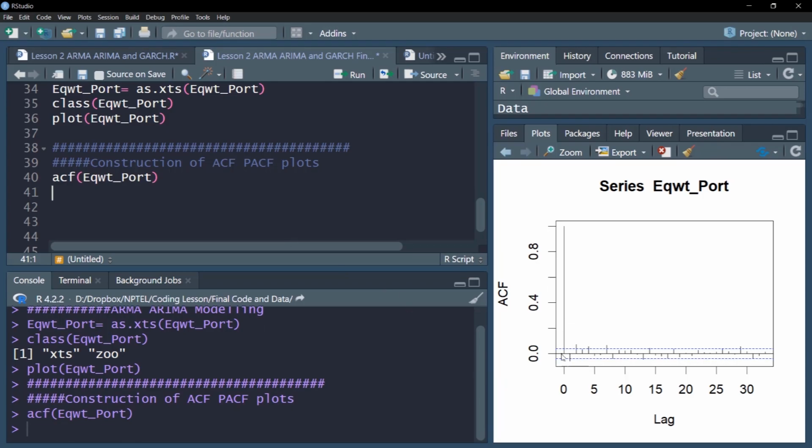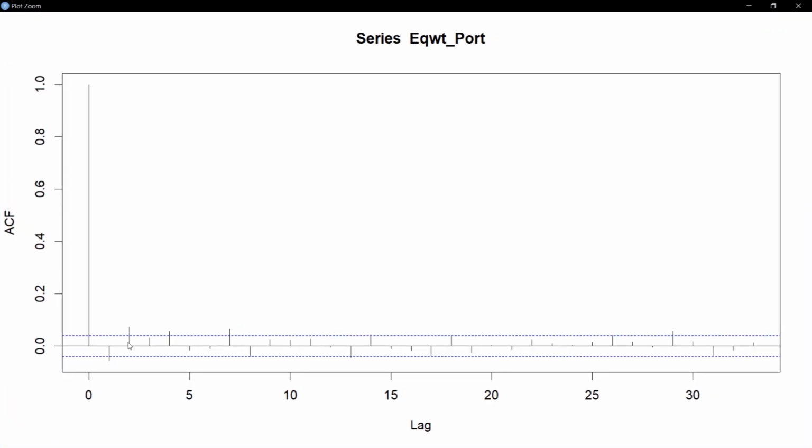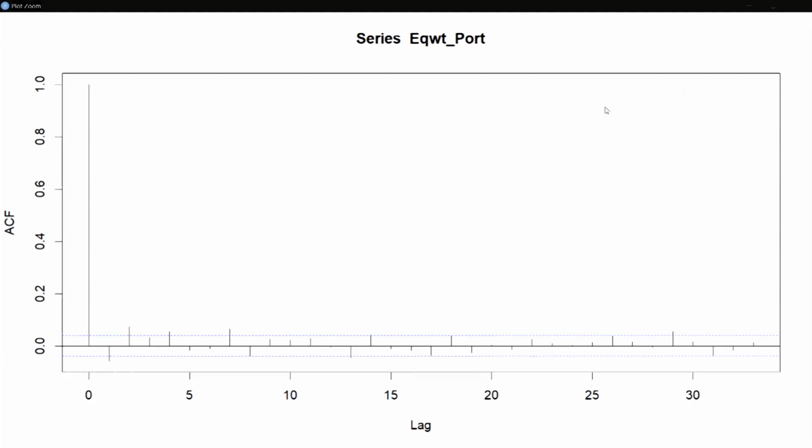You can see the first bar at lag 0, which is ideally 1. The next bars are smaller, which shows that there is some minor autocorrelation, though it is significant because it is outside the dotted blue lines. So there are a few of them that are significant, indicating there is some kind of AR structure. We'll have more details about that, but there is some AR structure visible here.